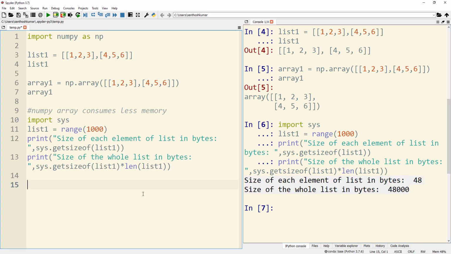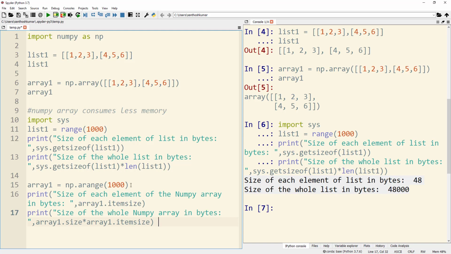Next, I am doing the same operation using a NumPy array. In line 15, I am declaring a NumPy array, and I am assigning it a value from 0 through 999. The same values that we have assigned to list1 have been assigned to array1. And then in the next line, I am using a print statement, and I am printing the size of each element of the NumPy array in bytes, and for that I am using